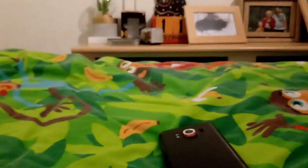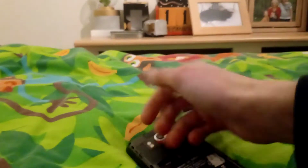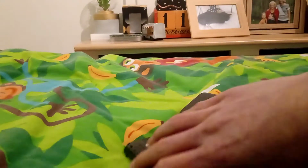This one is the better condition one. The other one has a little bit of the paint chipped off because when I unboxed it, there was tape on there and it chipped off the painting. The phone is quite warm right now. This phone has a